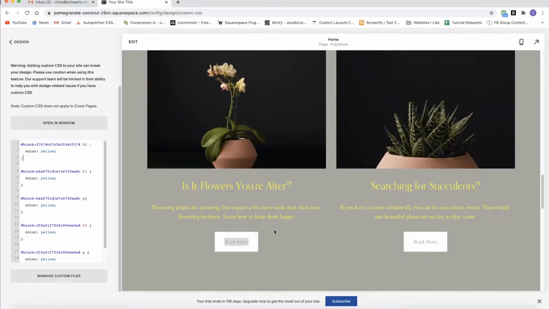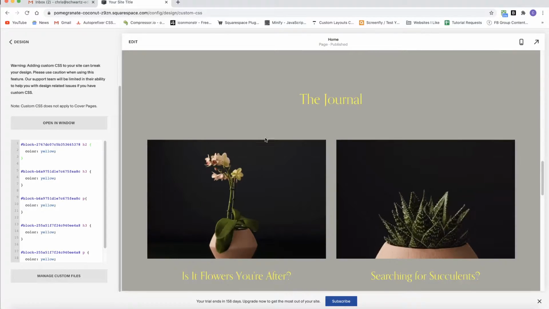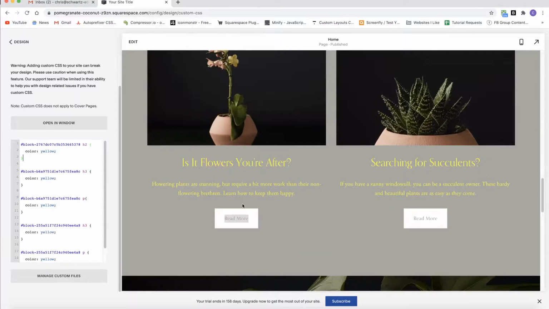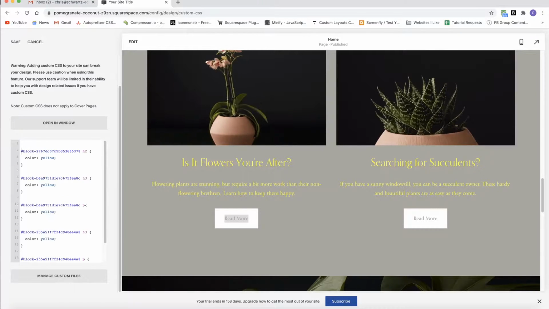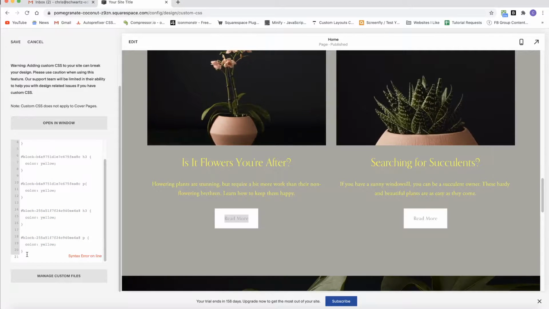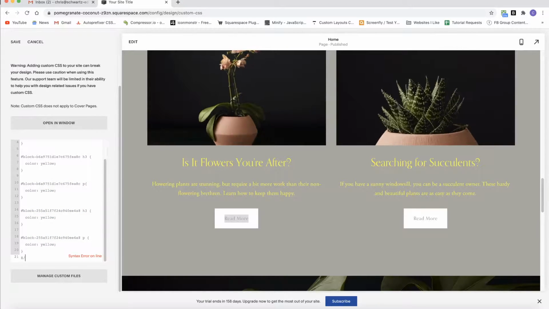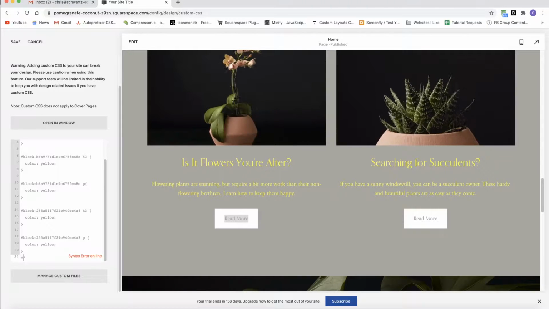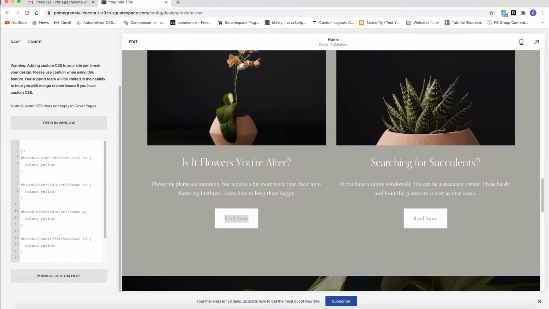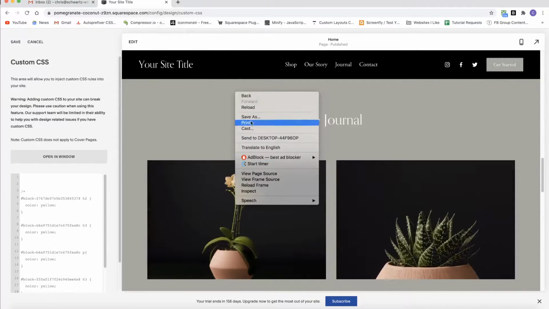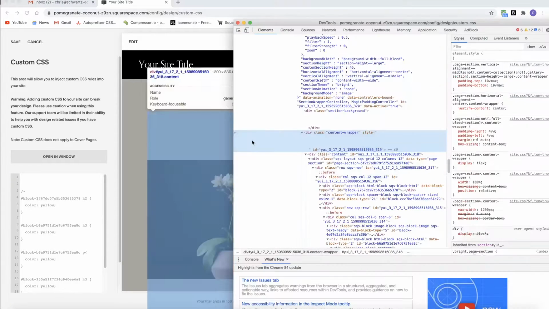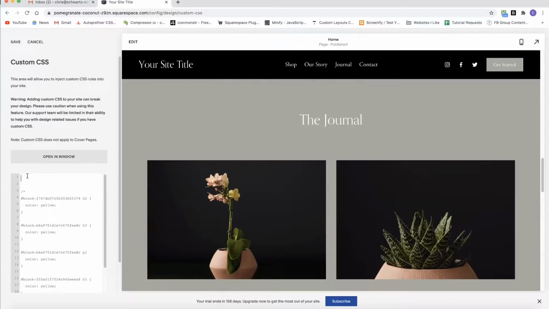So instead of using block IDs to change all of these text blocks' colors to yellow, what we can do instead is I'll go ahead and comment this out. And what we'll do instead is limit our CSS to this one section by targeting the data section ID. I do have a tutorial on that on my channel that you can check out for a little more detail, but I'm just going to copy this data section ID,